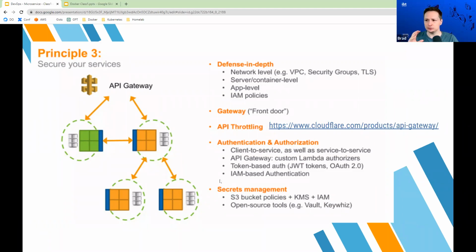So when you get into the AWS portion, they'll talk about setting up things like VPCs, and then security groups and setting up TLS and encryption, all those different things. You'll need to implement security at the actual server and the container level, as well as the application level. And then you can use things like IAM policies.